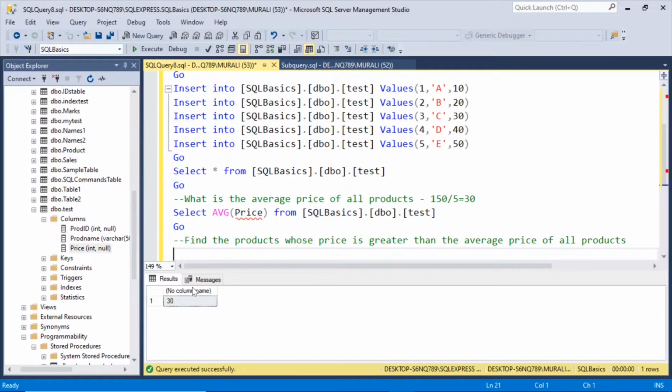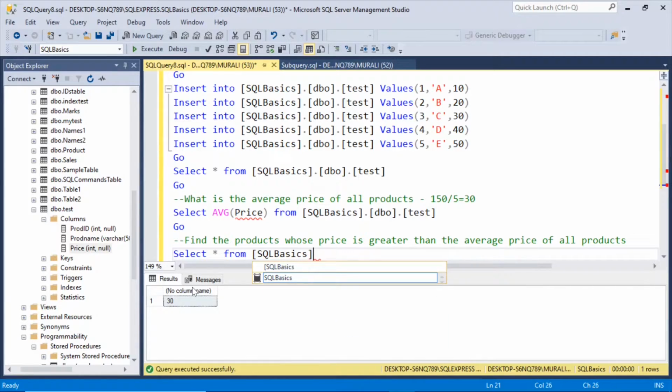So for that we'll say select. We have to select all the products, so we'll select all the columns. Select star from